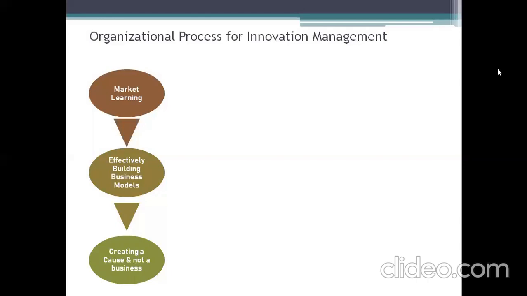Let me give you a second example. I will create a cause. In today's lecture, I'll say a few numbers, and you need to remember those numbers. In the examination, I'll ask a quiz on the 20th of July about which particular number I mentioned in the online class, so that I can have the maximum attendance. I could say I'll mark attendance on the basis of views I get on the video, but that would be a different approach from creating a cause. That is how in business, in innovation, we need to create a cause.